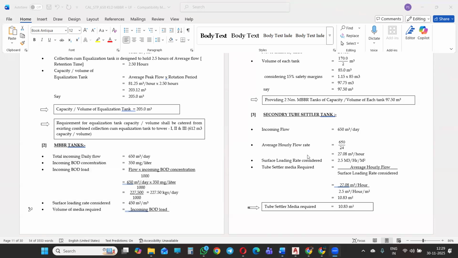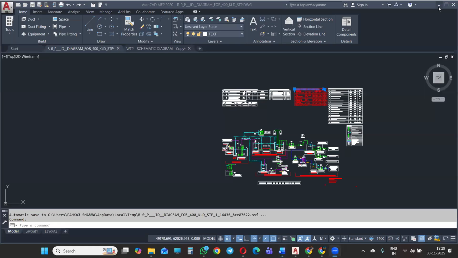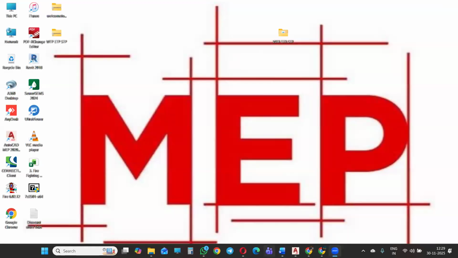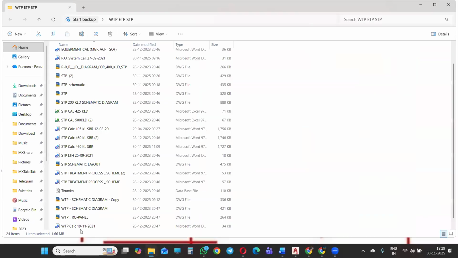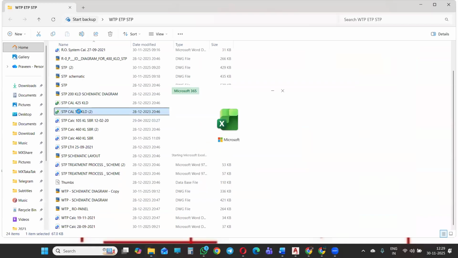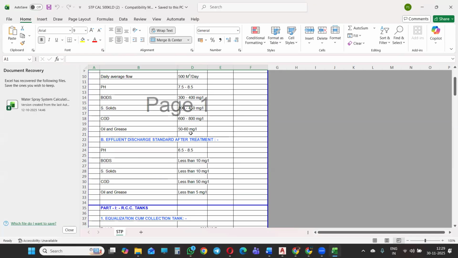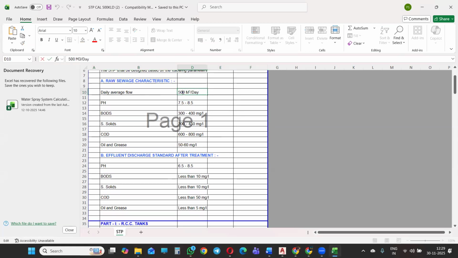ठीक है सर। मैंने आपको PDF क्यों दिया है, उसका एक रीजन है। ये वर्ड फाइल इसलिए दी है ताकि आप लोगों को पता चल सके कि ये सारे टैंक्स क्या होते हैं, इनका यूज क्या है। मैंने आप लोगों को ग्रुप में एक्सेल शीट्स भी दी हैं। एक सेकंड में एक्सेल शीट ओपन करके दिखाता हूँ। यहाँ 500 KLD का STP है, इस एक्सेल शीट में आपके आंसर्स ऑटोमेटिक आ रहे हैं। जैसे 500 KLD है, मैं यहाँ 700 KLD डाल रहा हूँ।